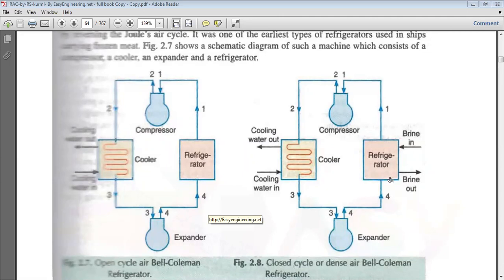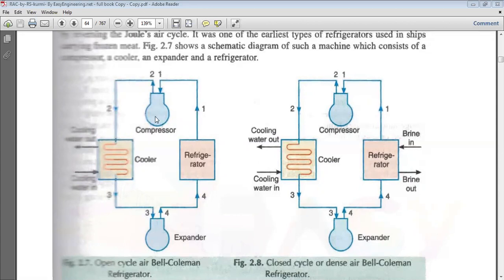Whereas if I am using indirect cooling, then more than atmospheric pressure can be used. Whenever I am using more than atmospheric pressure, the compression ratio will increase, therefore we get better efficiency. And whenever pressure increases, the density will increase. That's why we can call it a dense air cooling system. Okay, therefore, how many processes?